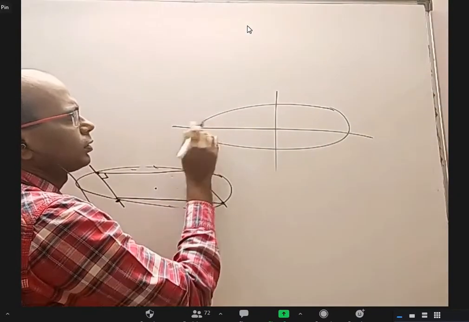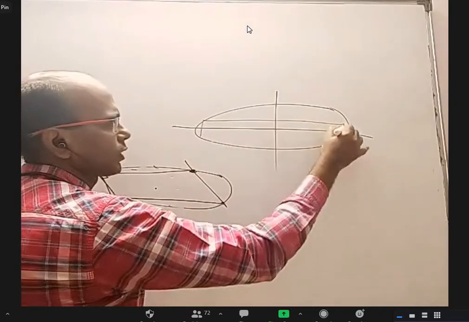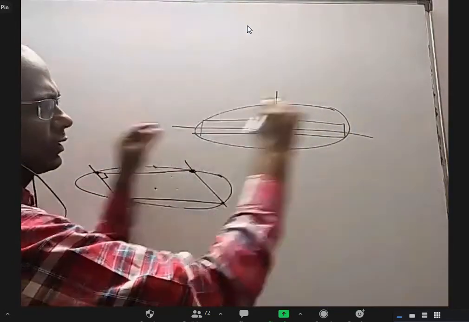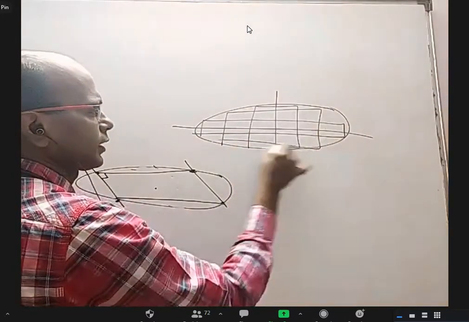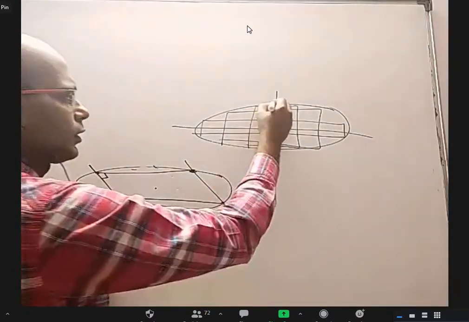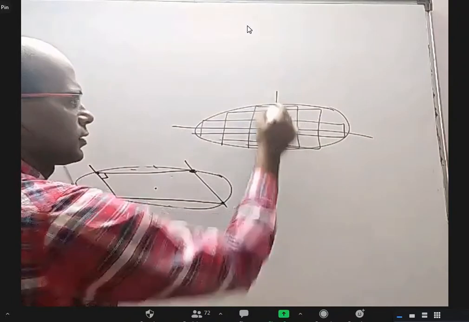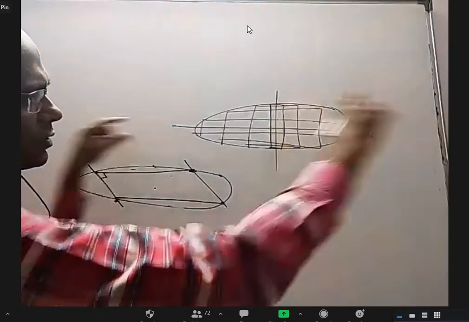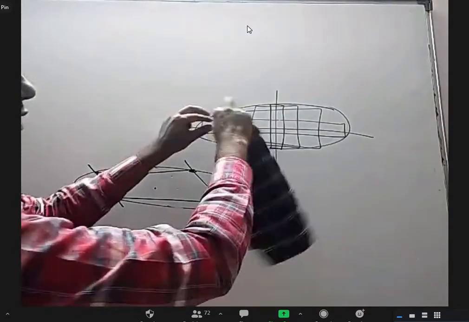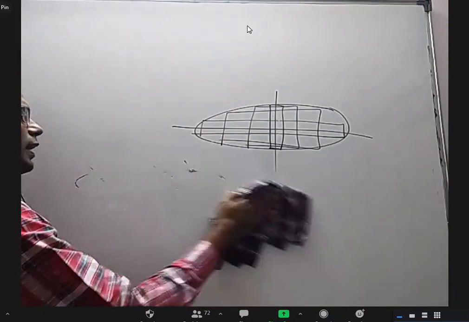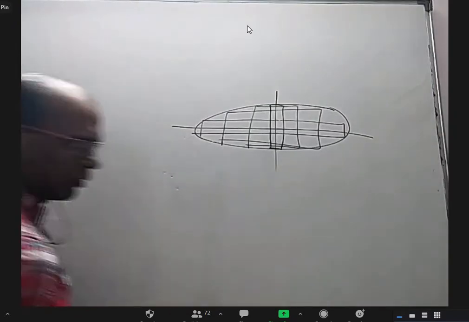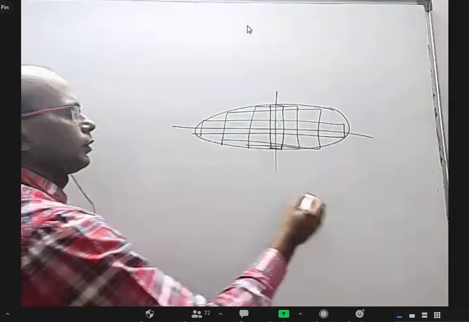Now among all the rectangles, one rectangle is like this, very thin and long. You can get a rectangle like this. You can get a rectangle like this. You can even get a rectangle like this. This is thin and long like this. This is broad like this. So when it becomes very thin, area will be 0. When it is very long, area will be 0. So what should be the dimensions so that the area will be maximum?